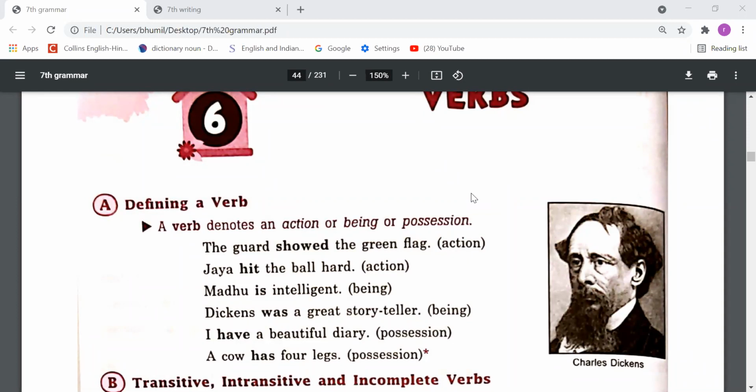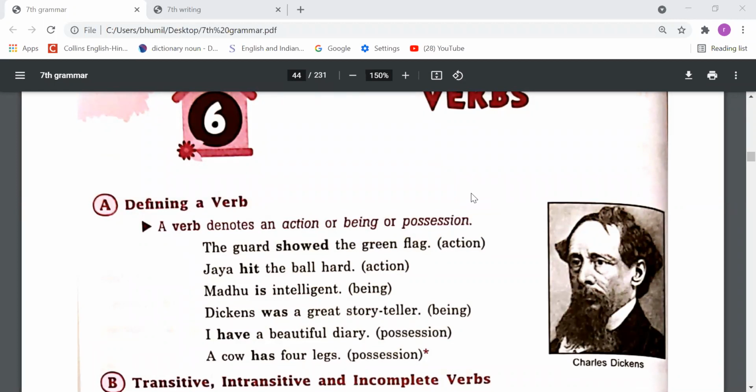Okay, suppose I say Mohit is dancing. In this, I'm telling that Mohit is doing an action, and that is dancing. And if I say Mohit is a shopkeeper, in this I'm telling what Mohit is. So I'm telling being, the meaning of be. And if I say Mohit has a shop, in this sentence I'm telling that Mohit has possession of a shop.